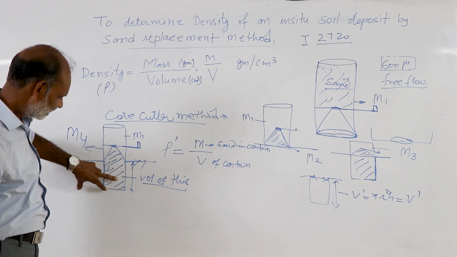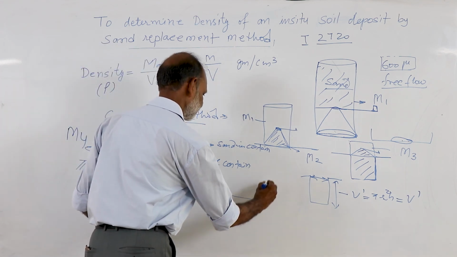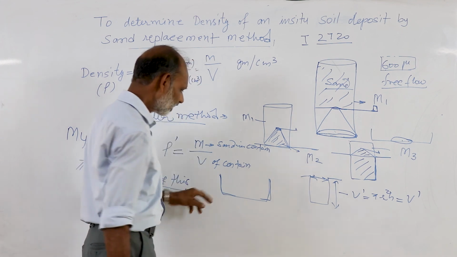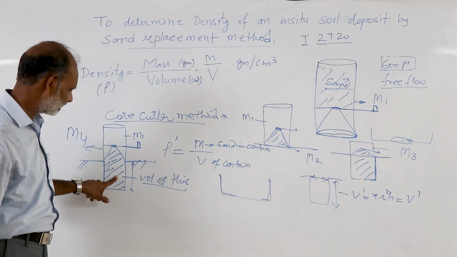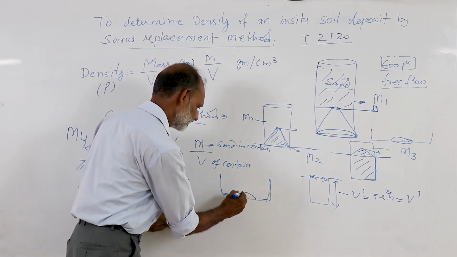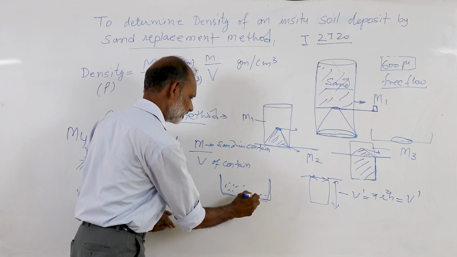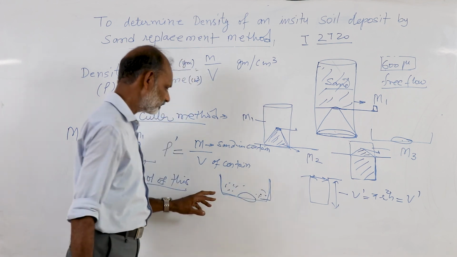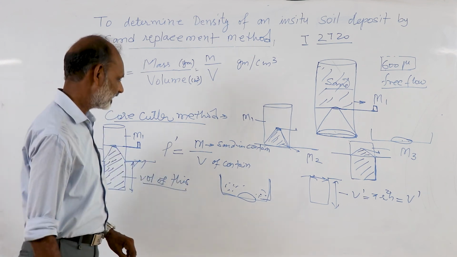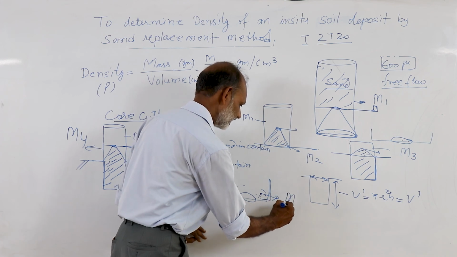So these 4 observations are taken, and also the soil which is taken out when the hole is dug in the ground is collected in a tray. Carefully, the precaution is taken that all the particles of the soil coming out of this hole should be collected in this tray. This is very important. The whole soil coming out of this hole should be collected in this tray, and weighed. Suppose the mass of this soil is M.